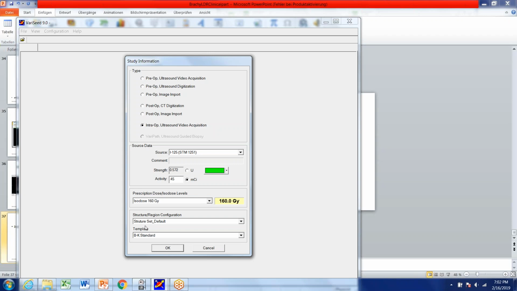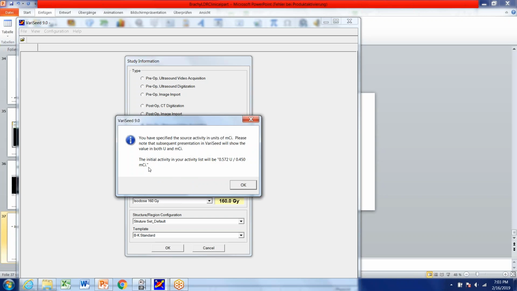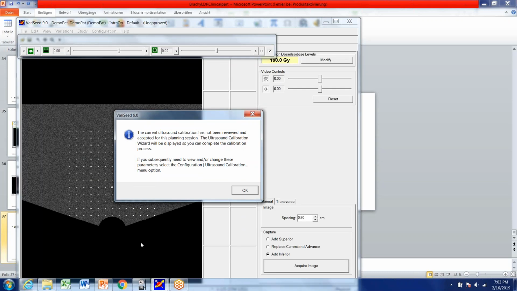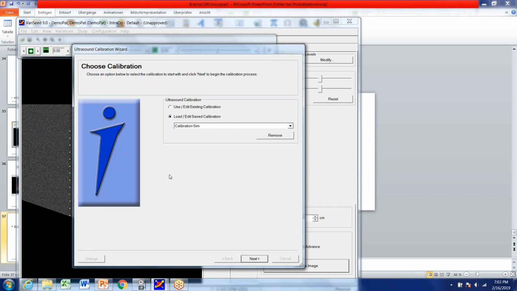The prescription dose, structure, region, configuration, you want to make sure that it's right. I already mentioned the template, and what type of study are we doing? Here you have the intraoperative, here you have post, here you have pre-op. What we are doing is intraoperative. So say okay. The system asks you, are you sure? This is a convention, you say okay. So now